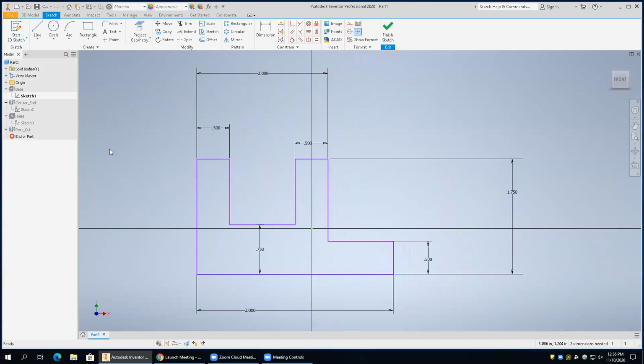And you should notice the dimensions as we laid them out. Nothing has really changed there, but we're going to make one modification on this and see how this drives everything else. Okay. So we're going to put a fillet right in this area right here, and then see how that drives it. So I'm going to go up here to the fillet command,